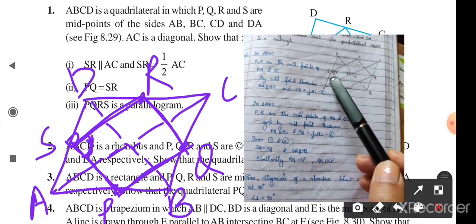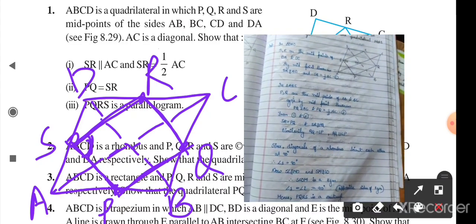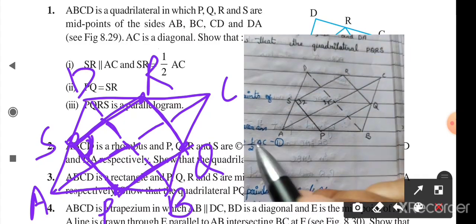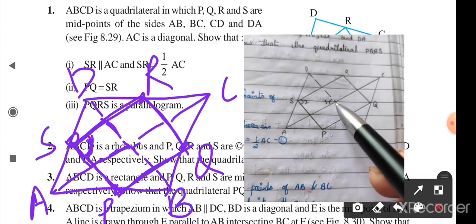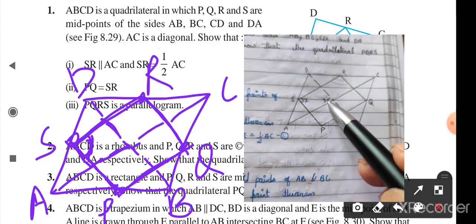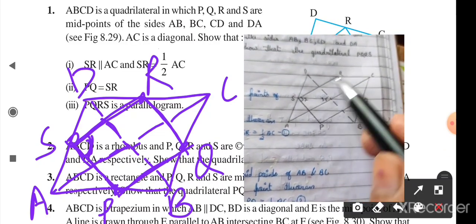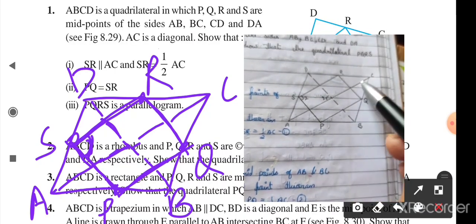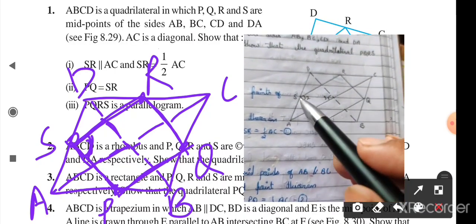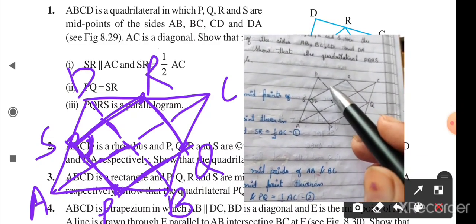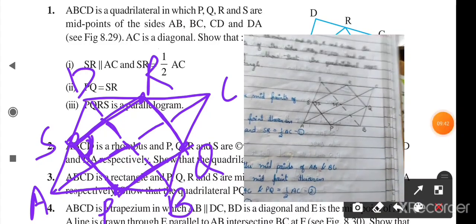You have to prove it. So what you will do for that, if you see it carefully, I will just explain it in this figure only. If you see this figure carefully, since the diagonals of the rhombus bisect each other at 90 degrees, if you know the property of the rhombus, this angle 1 will be 90 degrees. And since this whole line is parallel to AC, this half line we can give any name also. So as they have written here, L and O. I will show you.